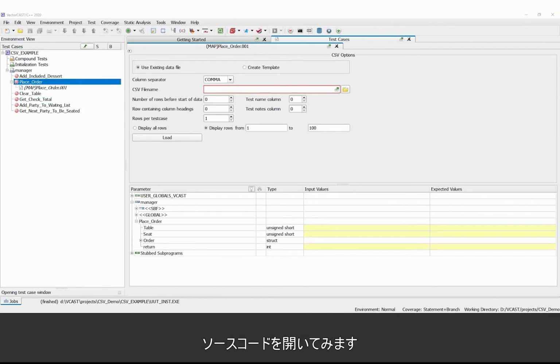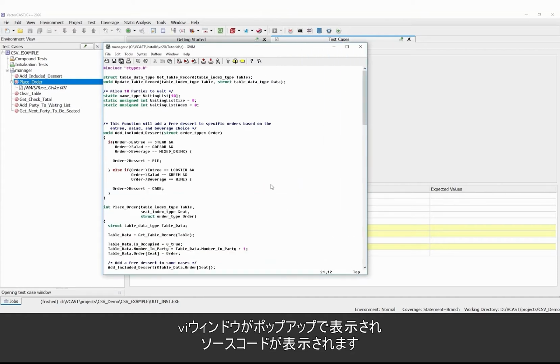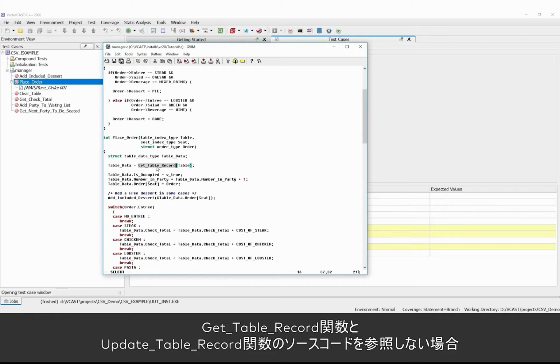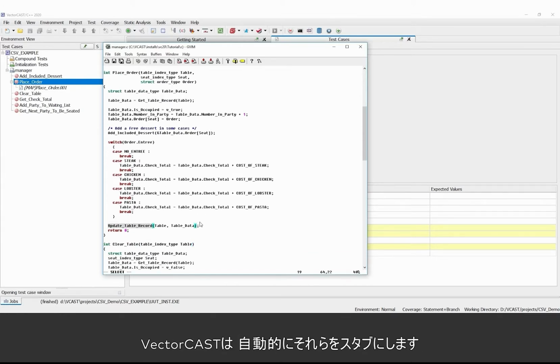So we're going to open the source here. It opens up in this little VI window that I like to use. And so PlaceOrder is the function we're going to use, okay? PlaceOrder takes in a table number, a seat number, and an order structure. And then it's got a couple of stubs. In VectorCAST, the stubbing is automatic. So if you don't provide source code for GetTableRecord and UpdateTableRecord, right here, VectorCAST will automatically